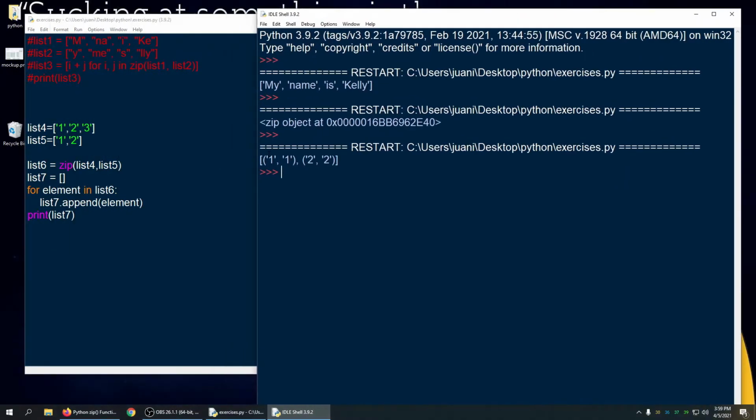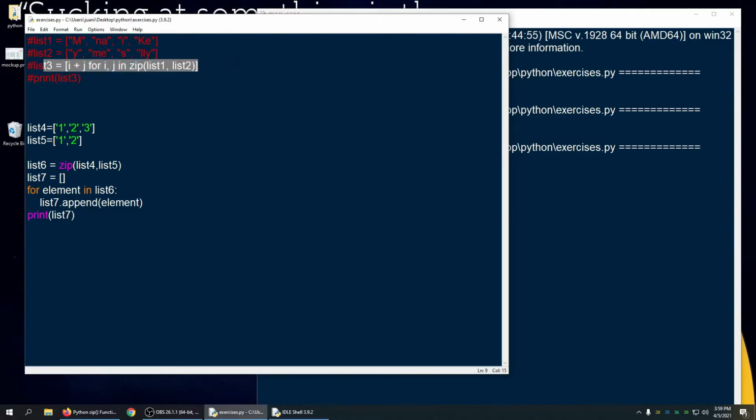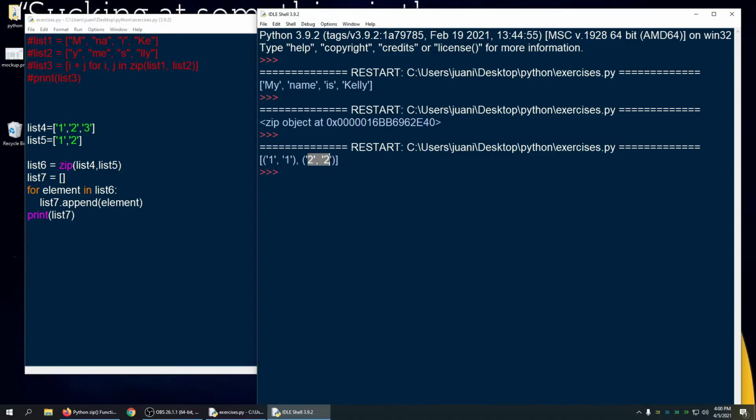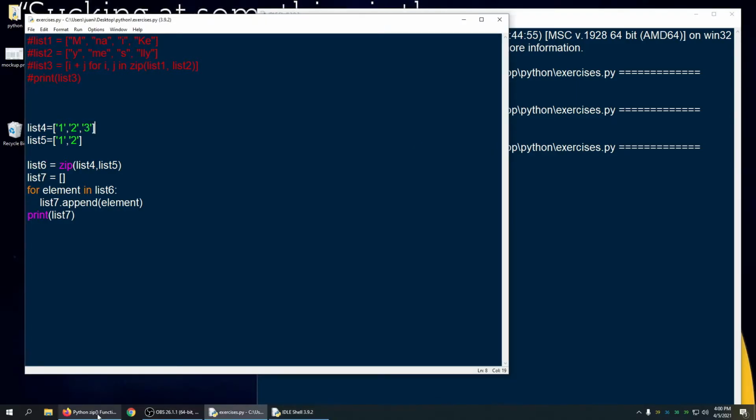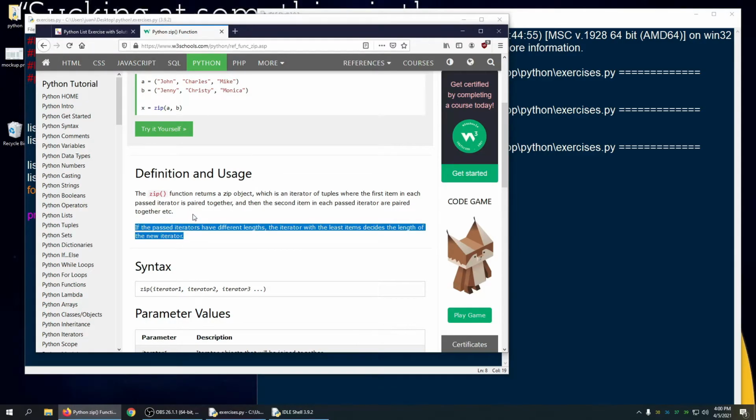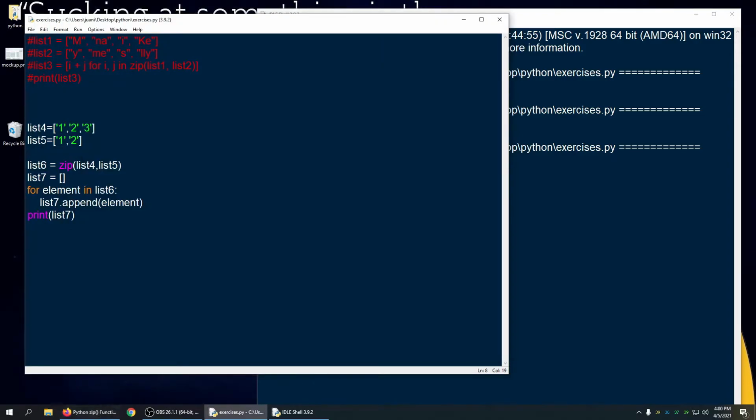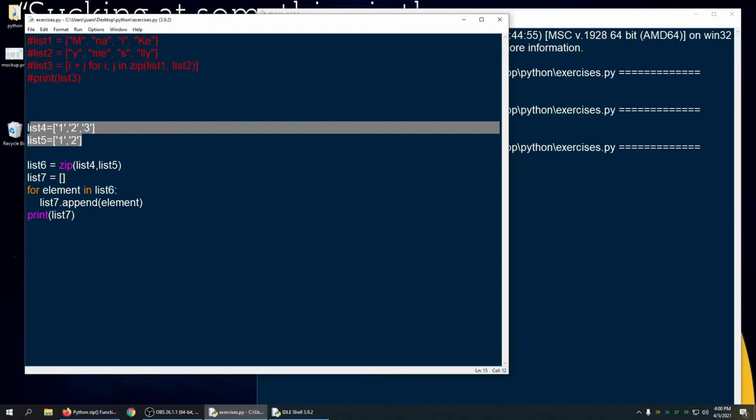It's not exactly the same as we did here, but what it's doing is taking each element in this zip called list6 and adding it to list7. And here we have 1, 1, 2, 2. The reason it doesn't add a third element is what we saw here, that the zipping will go through only until it reaches the list with the least amount of elements,